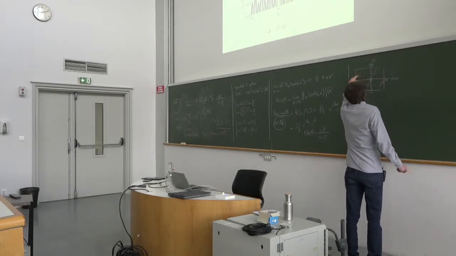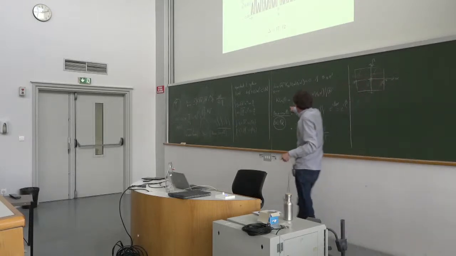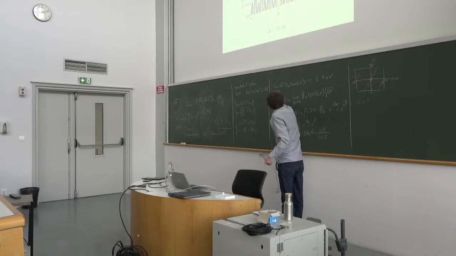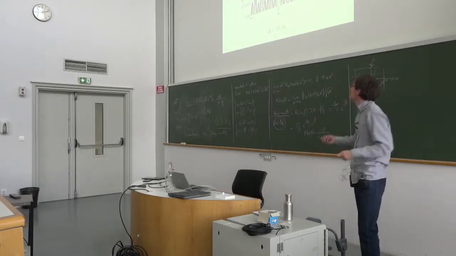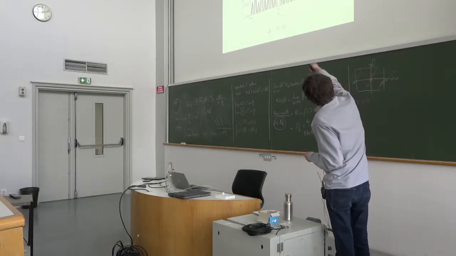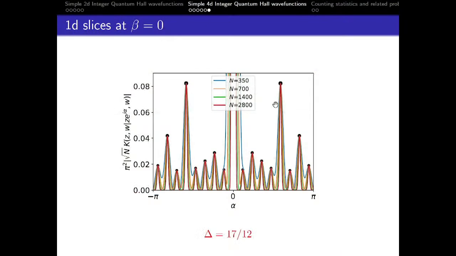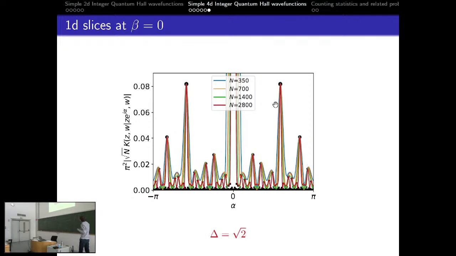You see here, if I do a slice plot, I get only a few values where the resulting kernel is non-zero. So I fix some beta, let's say, and I plot as a function of alpha, and there are only a few places where this is supposed to be non-zero. The plots are for finite n, but the dots are the predictions from this formula. For 17/12, I forgot if you get maybe 12 points or 17. It has to be consistent. But basically, you get this.